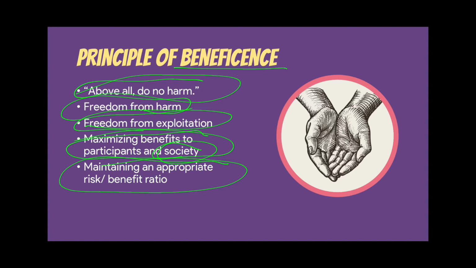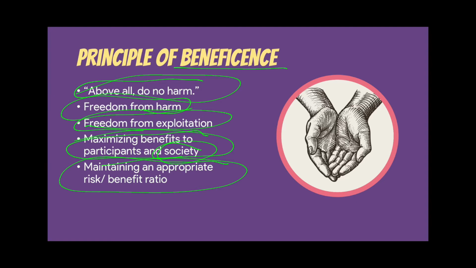And of course, there are also some studies that have much higher risks. Like for example, like I said, medicine trials or vaccine or clinical trials for drugs or nutritional supplements, they present larger forms of risks compared to social research. But what is really more important here, especially when the risk is unavoidable in a research, one, you have to make sure that the risk is lessened, or the chances of getting those harms are very much minimized. And number two, the risks that you are exposing the participant to must